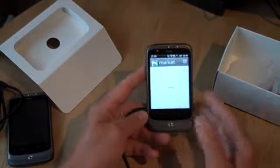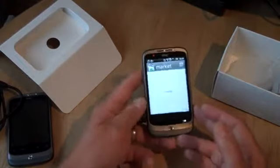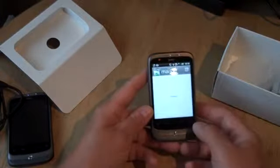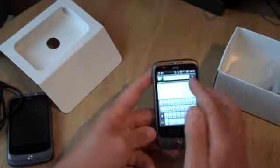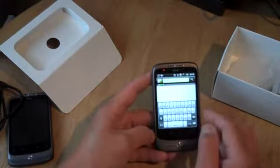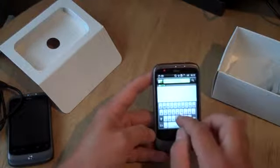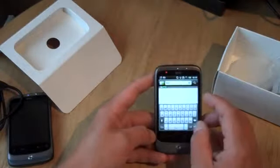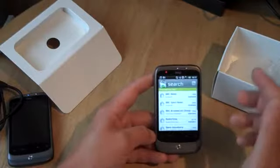And then we'll do a search for some application. Now up here you've seen that search button on the screen, or we can press the search button down here and it instantly goes into searching the Android market. So let's do a search for, I don't know, let's do a search for BBC. Let's have some BBC News applications. It does a search for you,